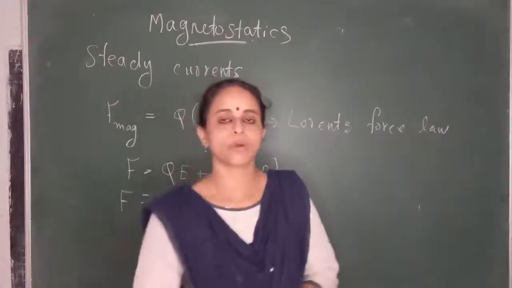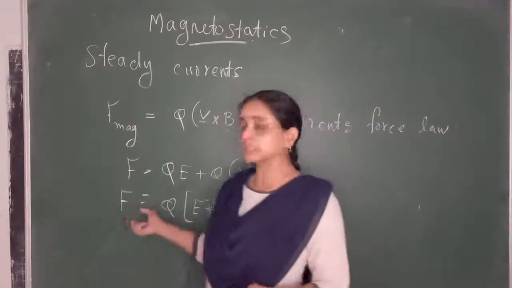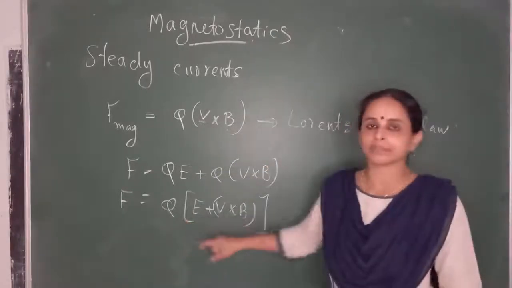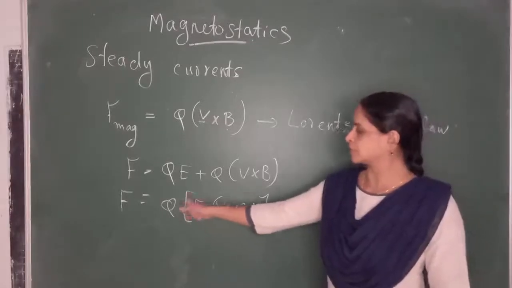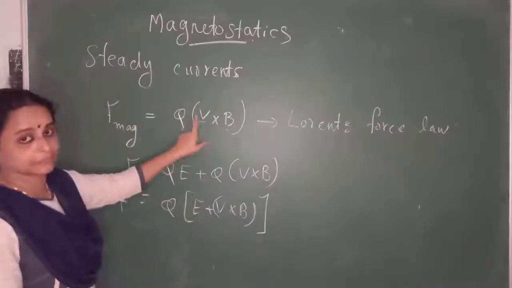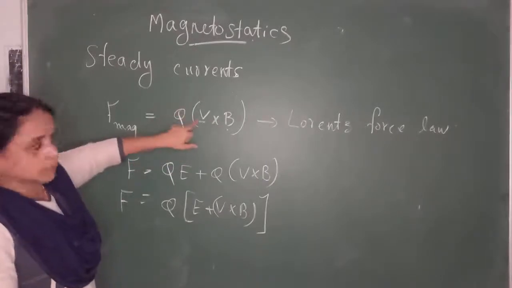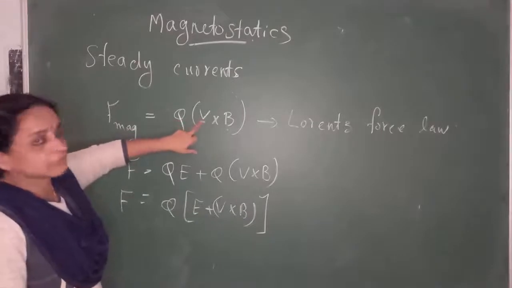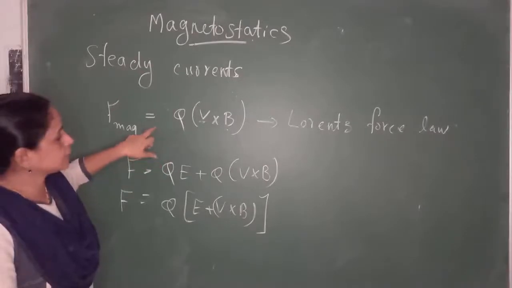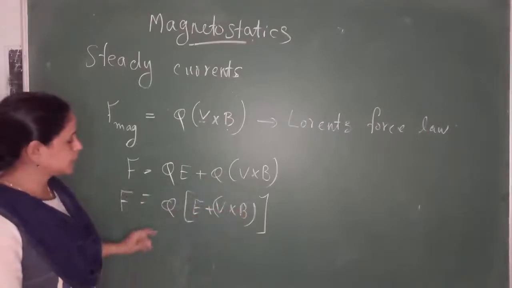If there is a flow of current and this charge is placed in the electric field, if there is the presence of both electric and magnetic field, then the total force on a charge Q can be given by this equation: F is equal to Q into (E plus V cross B). So here, if the charge is moving with the velocity v, then the magnetic force is given by Q into V cross B. This is the Lorentz force law. Then the total force is given by QE plus Q into V cross B. That is, F is equal to Q